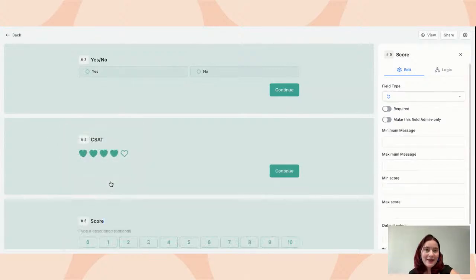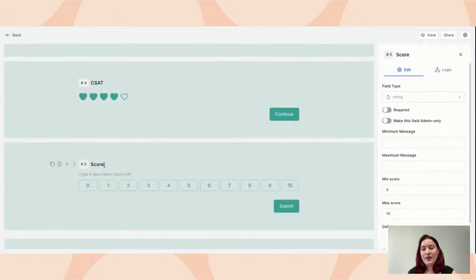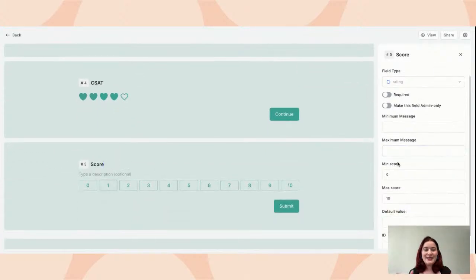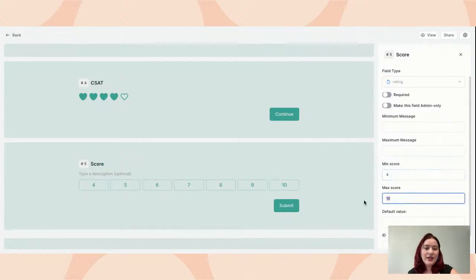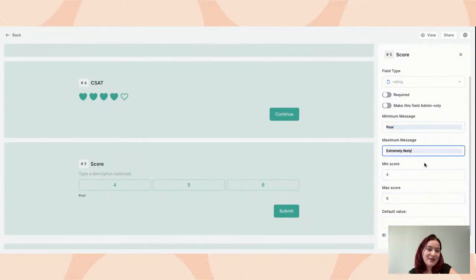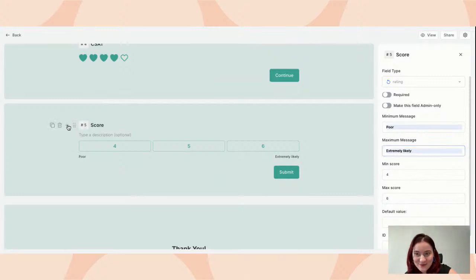Then we also have NPS score. With NPS score, you can customize how it looks. You can customize what the minimal score can be. You can customize what the maximal score can be. Let's make it 6. Let's make it random. You can also customize the messages it's going to have written down here. So everything is pretty much customizable and also makes data collection a lot easier and faster.